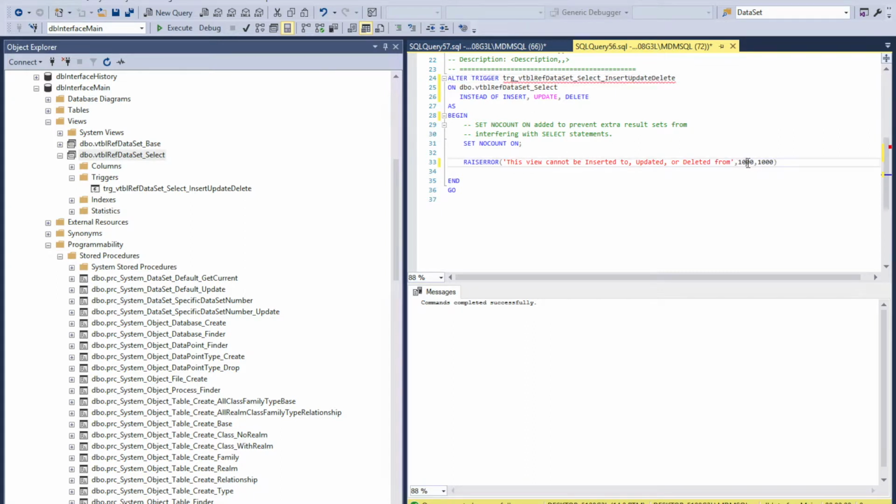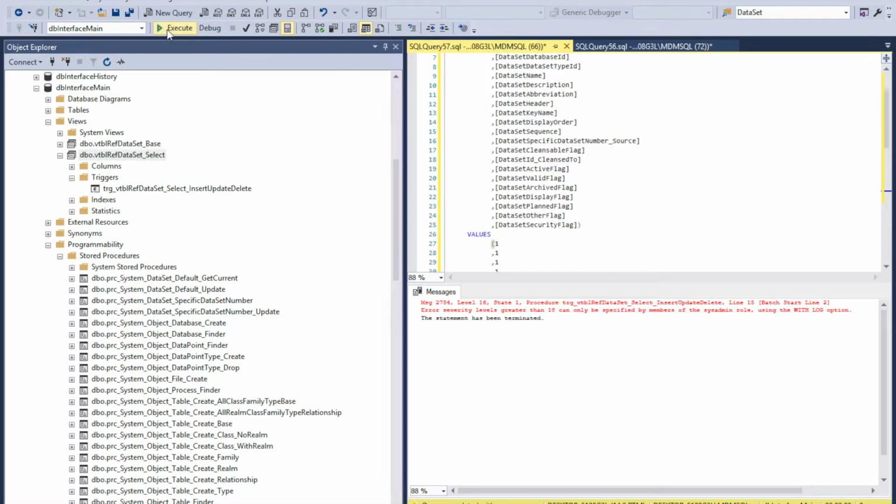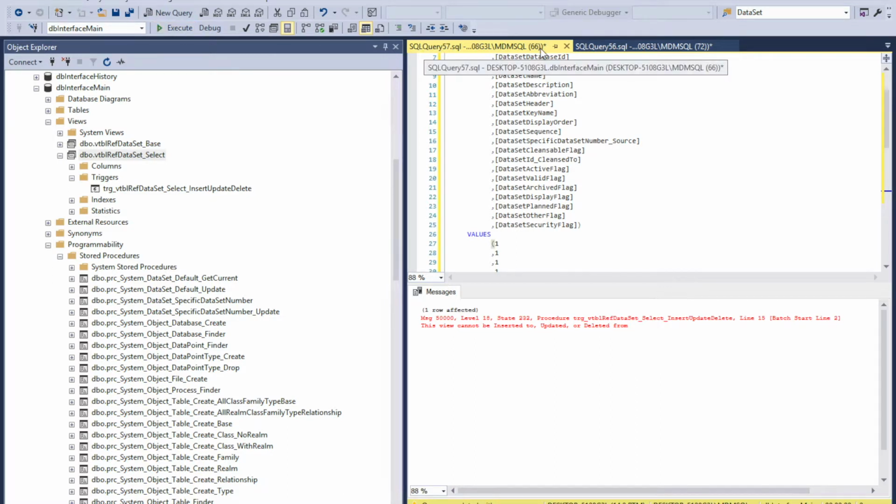I don't really use these. 18 severity. That's what happens. It's not going to let us do it. So that's how we're going to control our